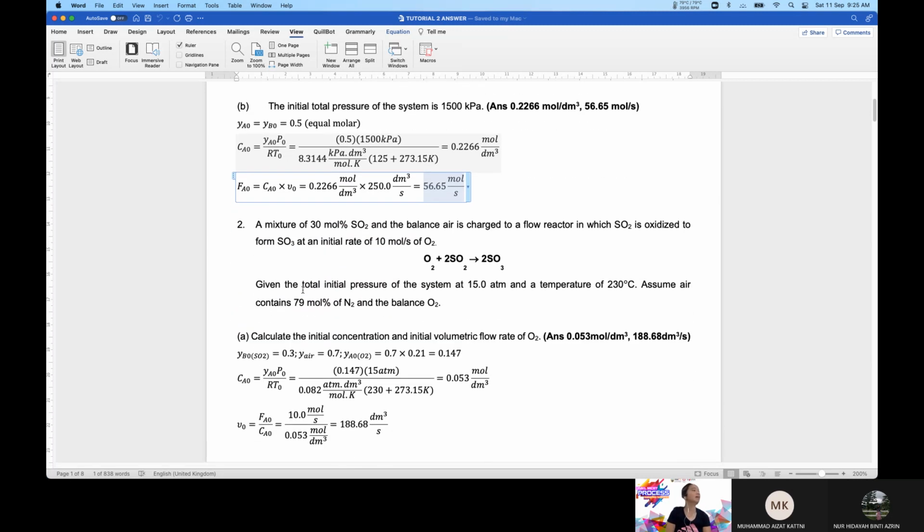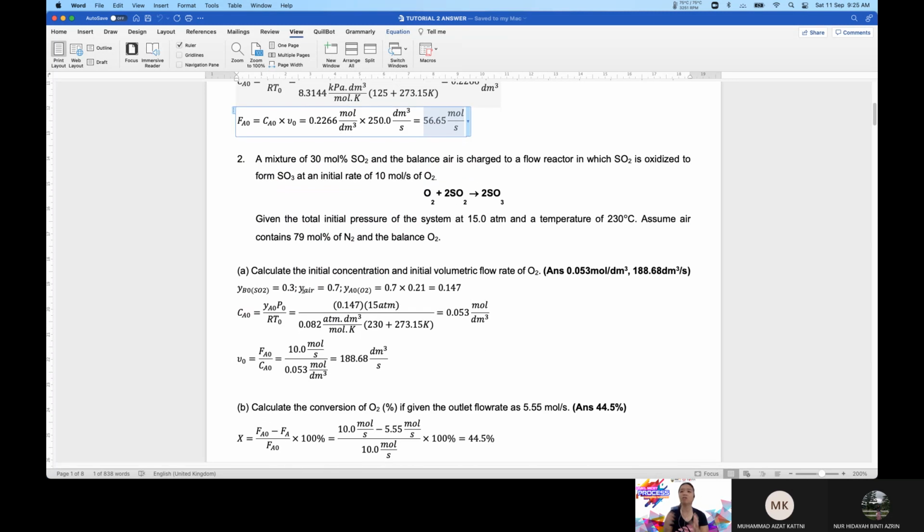So done on question number 1. So it's quite straightforward. I think quite okay. Just a little bit of information here and there. Then we go to number 2, which is a little bit more complex punya soalan. Okay, so the question says a mixture of 30 mole % SO2 and the balanced air is charged to a flow reactor in which SO2 is oxidized to form SO3 at the initial rate of 10 mole per second of